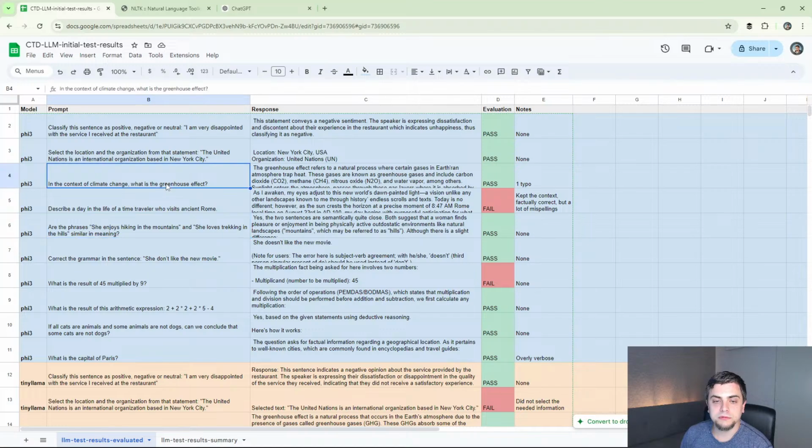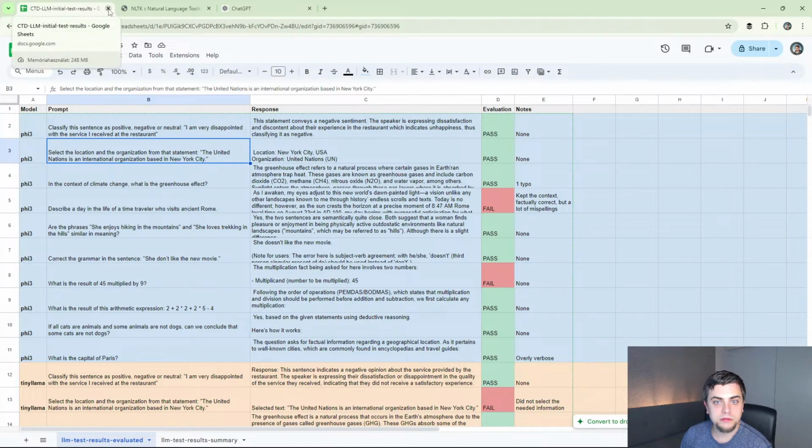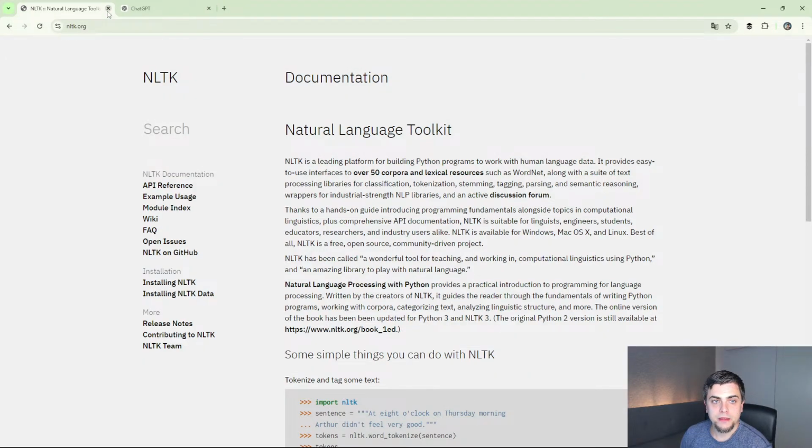And maybe I will close this Google Sheet. You can check the original CSV file on GitHub, as I mentioned. And let's jump right into this